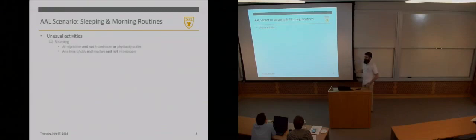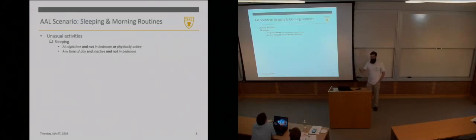Firstly, unusual activity, we will focus on sleeping. Right? So say that you have this condition, it's at nighttime, and you're not in the bedroom, or you're being physically active, something's wrong. Right? So we want to maybe alert the patient to this, or maybe alert the caregiver. Similarly, at any time of day, if you're being inactive and you're not in a bedroom, something's wrong too. You might have fallen asleep on a couch, which would result in your muscles getting sore and so on. So that's also a problem. And for instance, physical activity can be detected with a smartwatch or something like that. You're genuinely not moving for a certain period of time, which means that you're asleep or something else is wrong. And so we issue an alert to some caregiver in that case.